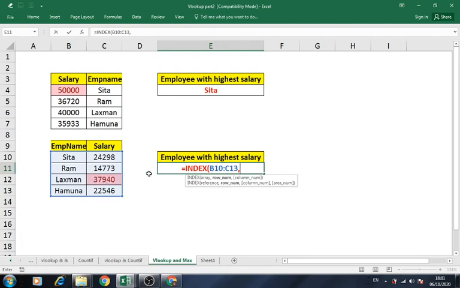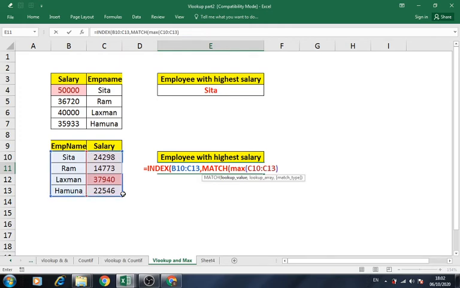So I will use the match function to find out. Lookup value is the maximum salary. I'll use maximum of this list. Okay, so I would like to match this maximum salary in this list now.